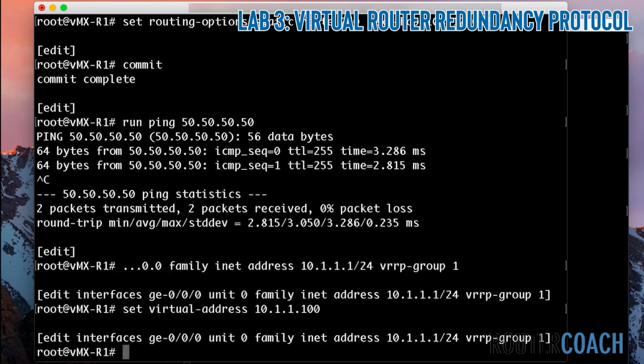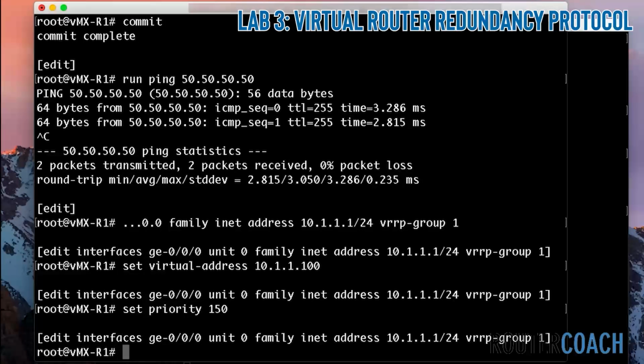Now the first thing I'm going to do is set the virtual address as 10.1.1.100. Then I'm going to set the priority. Now R1 will be the master, so I'll set that priority as 150. I'm also going to set the preempt, which I think this is, if you don't set it, then the backup